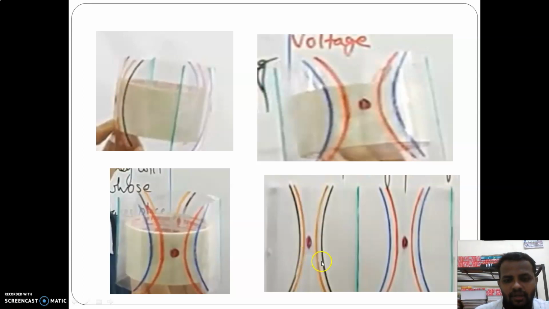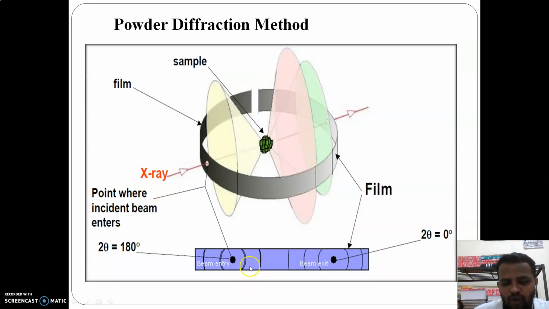Now these arcs, I will again come back to it. If I consider these two arcs, the distance between these two arcs, this difference in distance, can be used to calculate the length of the arc circles. This will be considered as the length of the arc circles, and it can be used by placing it in the specific formula L = 2πr × θ/360°. We will be able to calculate the value of the length, which will get correlated with the interplanar distance between the two layers.